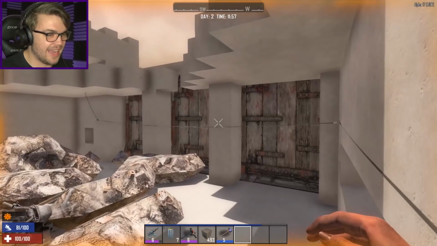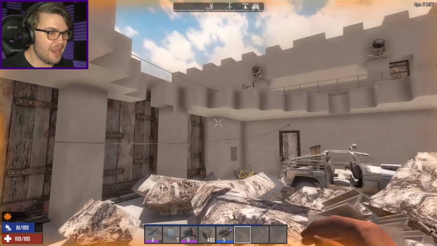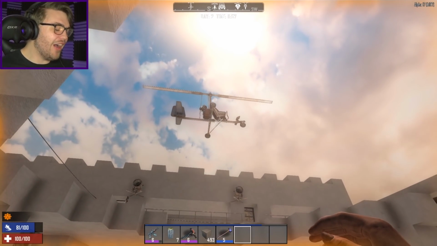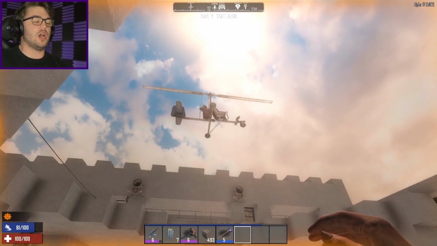Okay, I'm going to have to rebuild that and maybe put some supports in the center of the garage. I didn't last time, and maybe I should have. Oh, it's the gyrocopter. It's evil. All right, well, whatever. Now that I've been stabbed in the back by the coolest vehicle in 7 Days to Die,